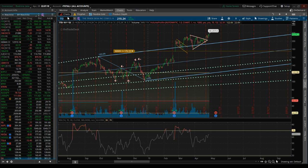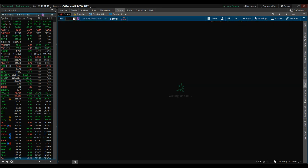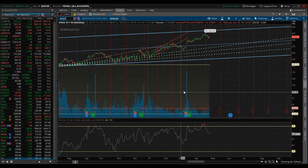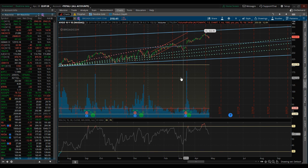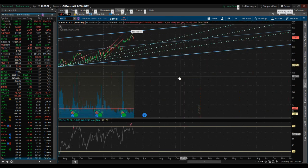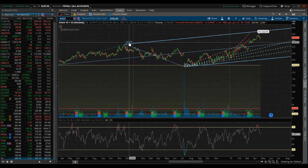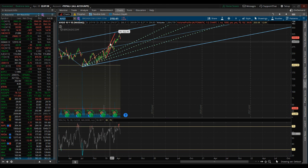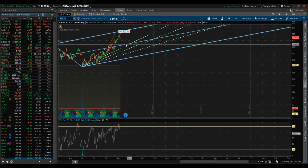And then last but not least, AVGO, Broadcom. So we've been tracking this one for a little bit. We had these fib levels way above that. Basically, right now it's in a very long-term pitchfork, right? It held these median lines, kind of pivoted right here at the upper pitchfork. So unfortunately, it might look like it might get a little push to retest this gap zone, which is right here at 286,